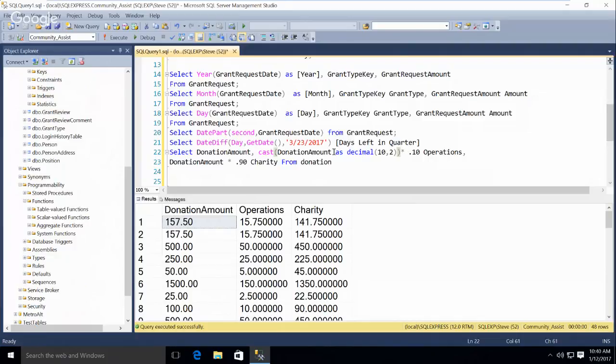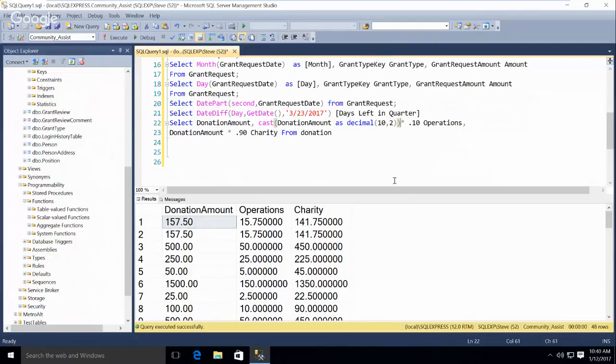So it's going to be 8 to the left. Your maximum number would be eight 9s. Does that make sense? Decimal, you have to give it a precision. It doesn't always throw an error if you don't, but what you get is nothing. It gives you 0 as a result. So looking at casting, we did the date.